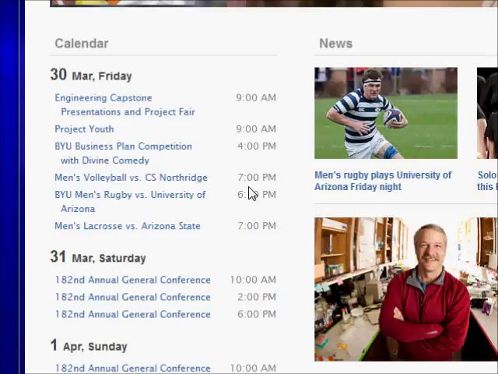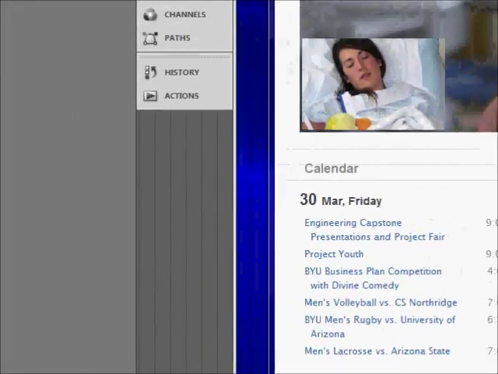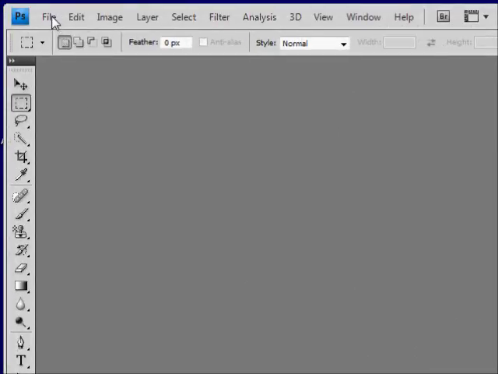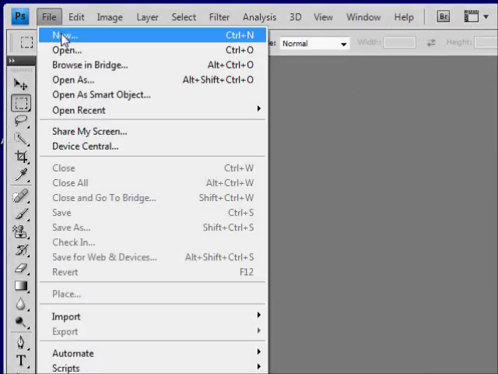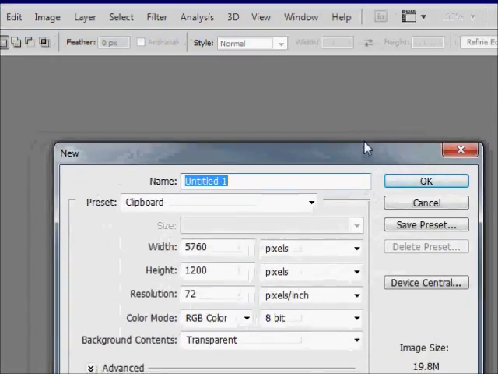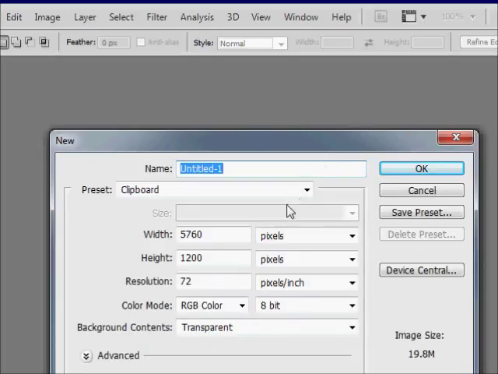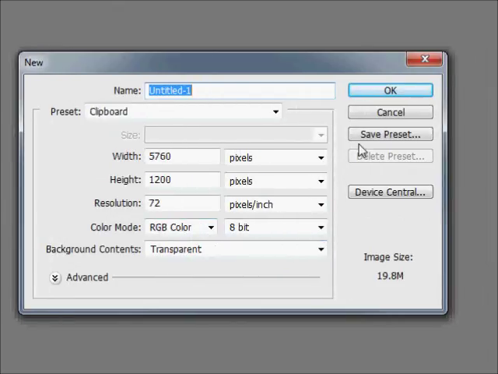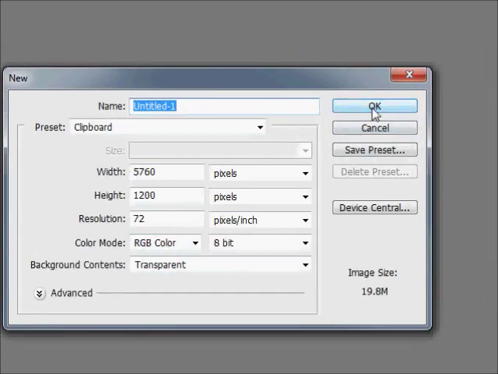So I will hit that now, and that captures my entire screen, which happens to be 3 screens wide. Now I'm going to go over here into Photoshop, and I'm going to create a new file. It's going to automatically set that up as untitled, and it's going to give it the width of the current clipboard, which is where Print Screen put everything that it captured. So I will say OK,